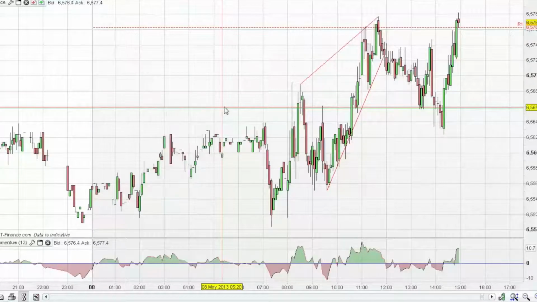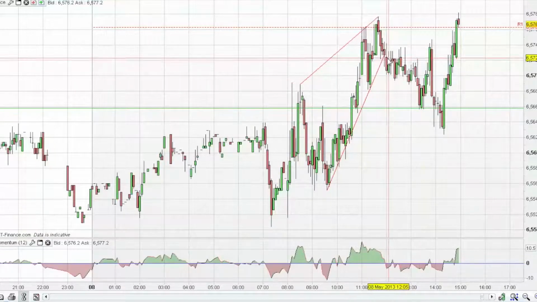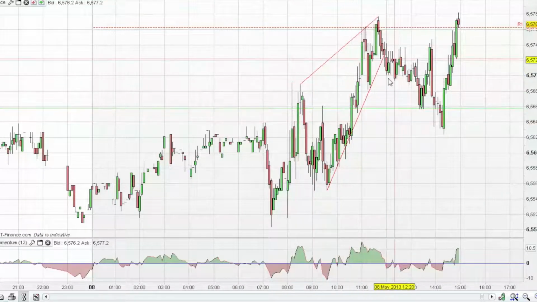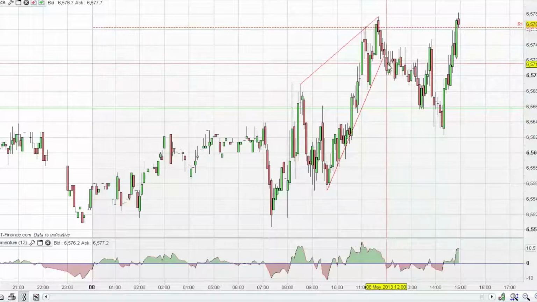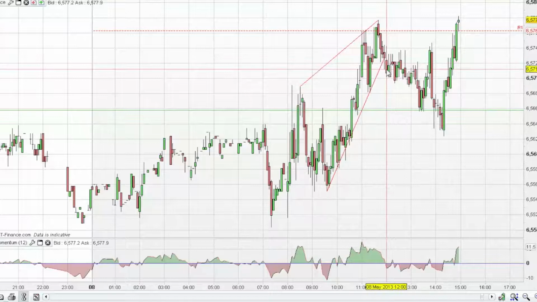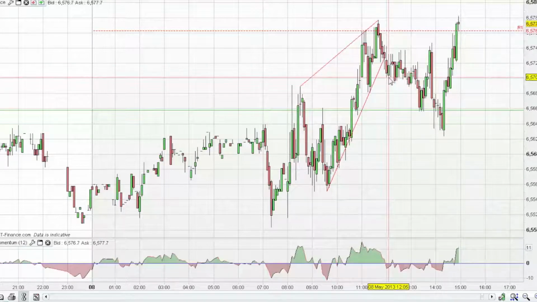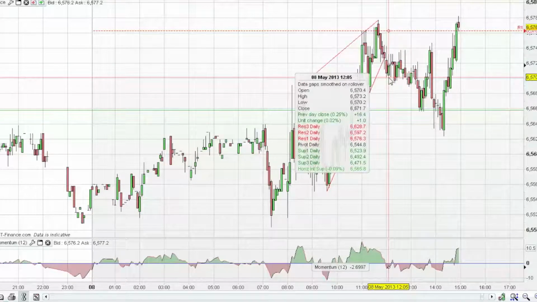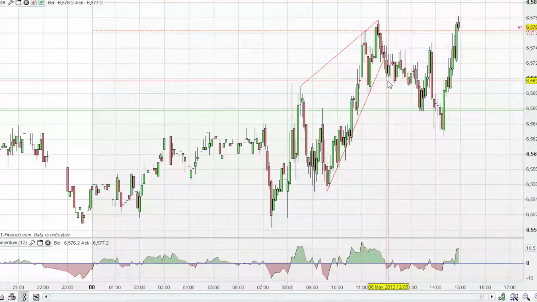Well, it wouldn't have really ended up in disaster, contrary to my belief, but I would not have taken a huge amount of profit. So can you see this candle here is the break outside of the chart pattern. When you're trading off a chart pattern, you're looking for a breakout. So this breakout, I would have shorted the market there at about, opening there is about 70. If you take the spread, you probably opened at 69 or 68, and I would have had my T1 target 1 at around about